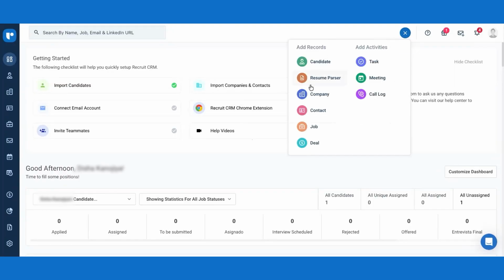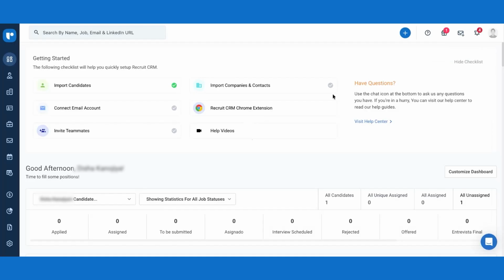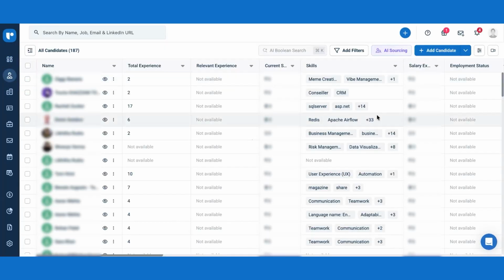Once you click it, you'll see the resume parser option. Select it, and a space will appear on the screen. This button is available across all your screens in Recruit CRM, so you can trigger the parser from anywhere in the app. The second option is to go to the candidate list page, click the drop-down arrow at the top